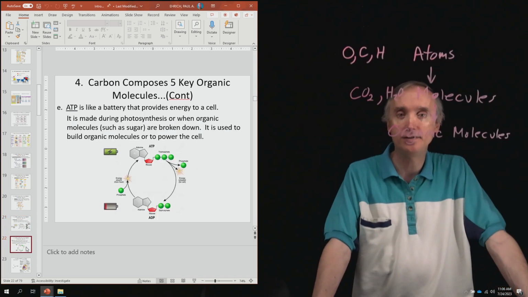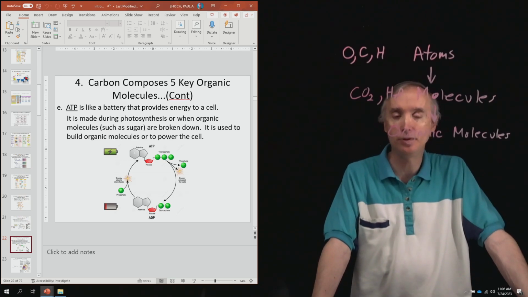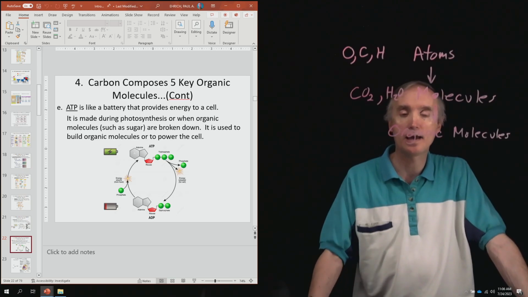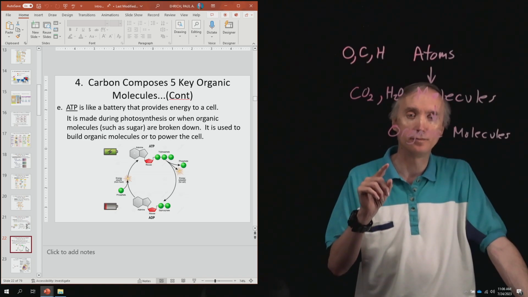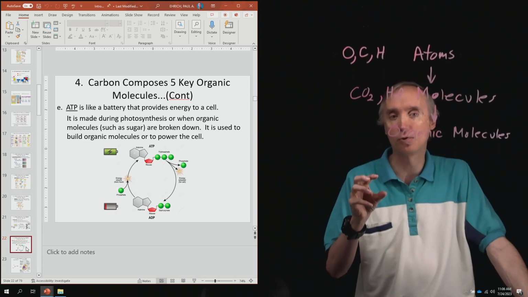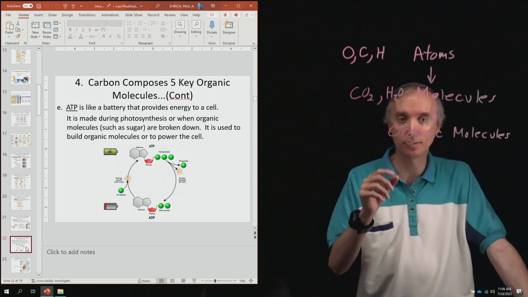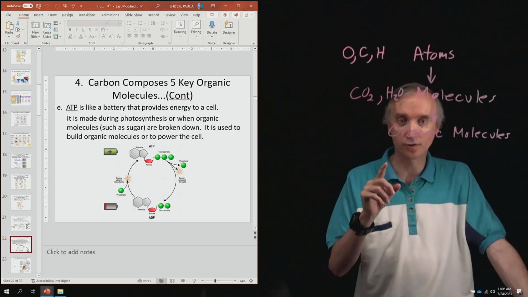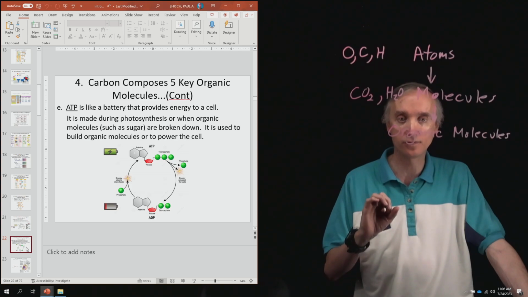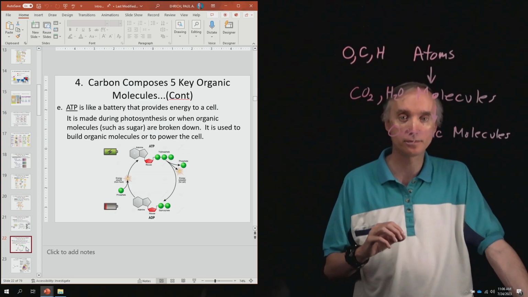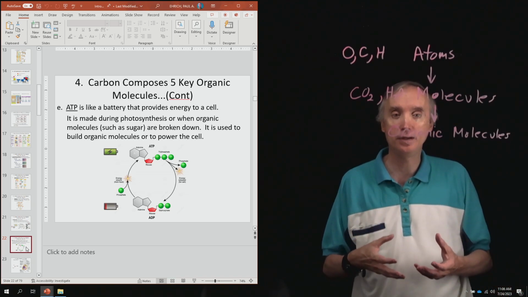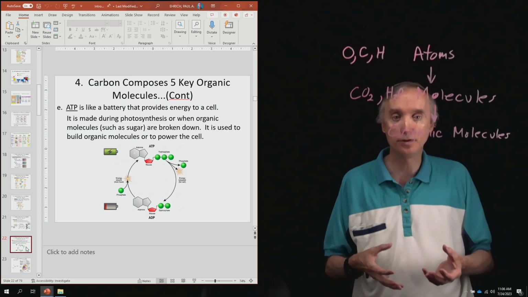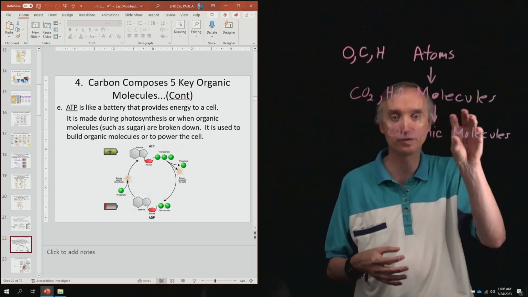And then we've got ATP. So ATP, if you look at the formula for it, its chemical structure, you see it's got those green little balls on it, and those things are phosphorus, phosphates. And so whenever an ATP is fully powered up, you'll notice that it's got 3 of those phosphate